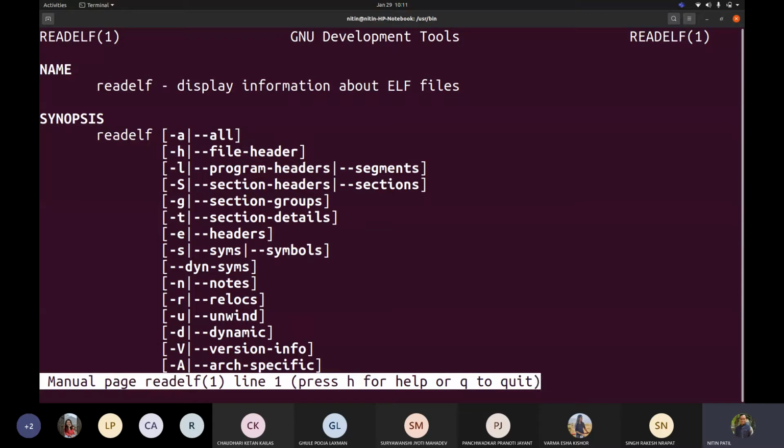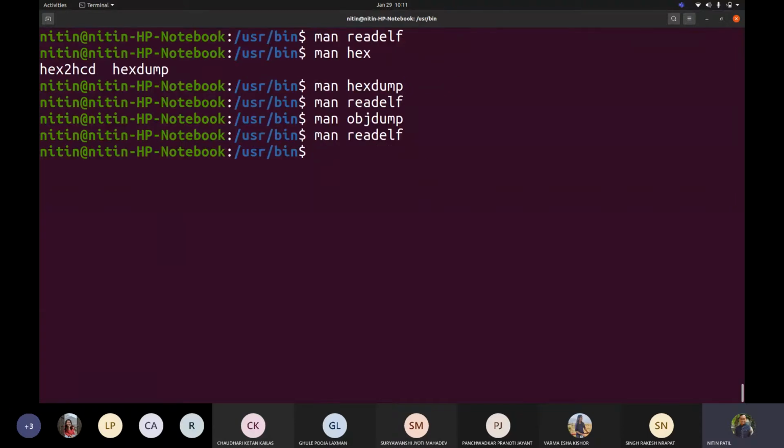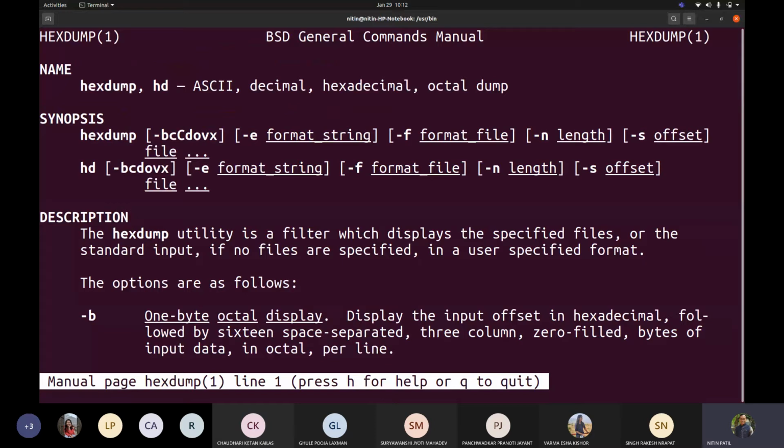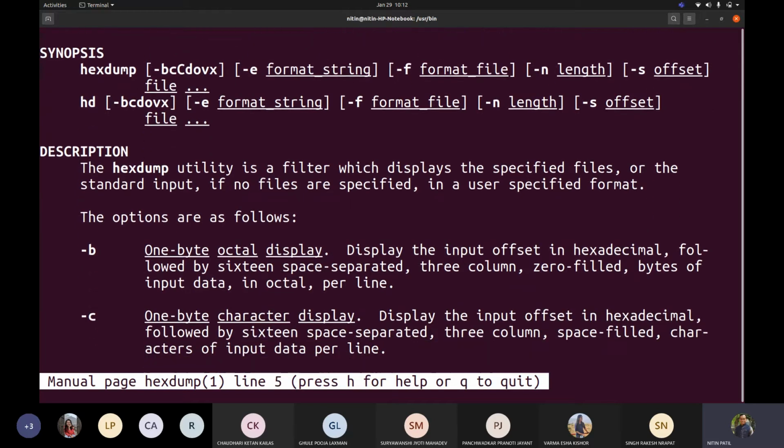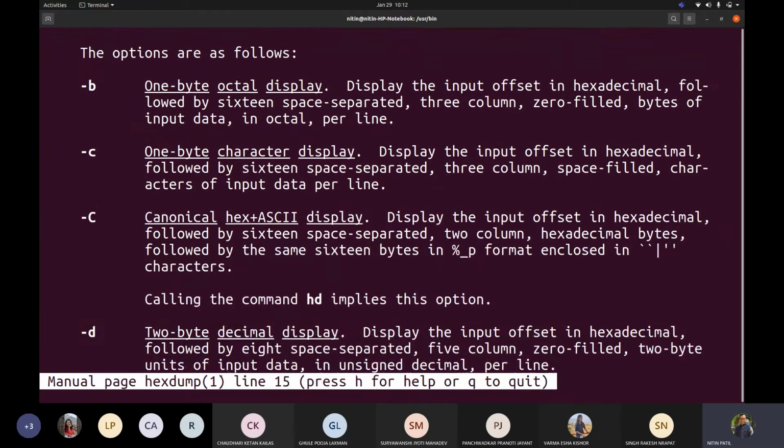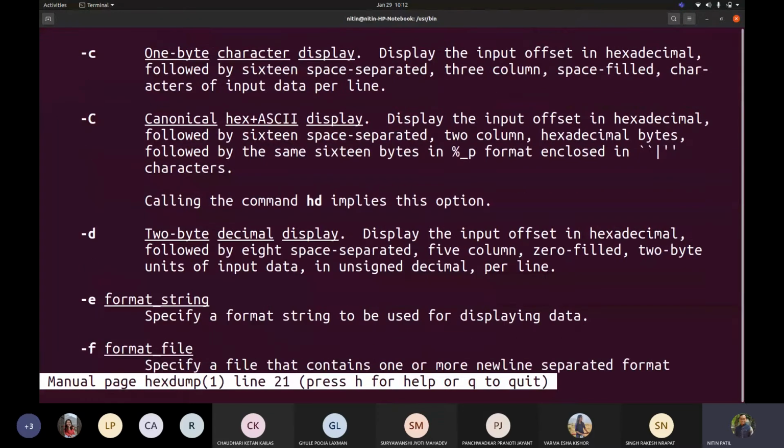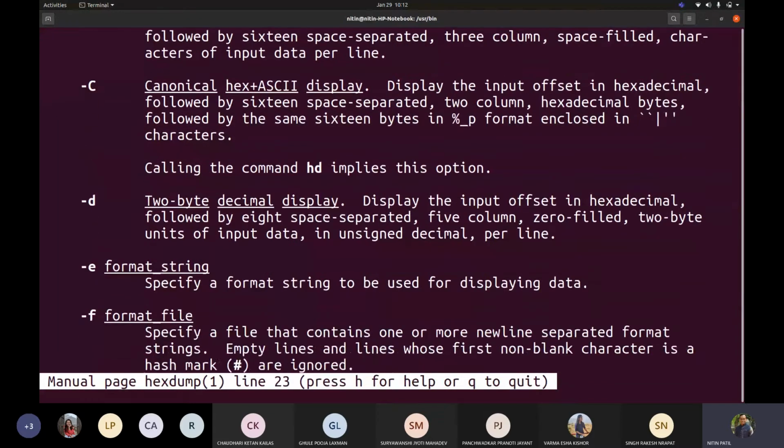When I say ELF, it could be object code or an executable; we don't care ultimately. There is also the hexdump command, which gives a complete hexdump byte by byte, depending on how you want to display it. There are multiple options there.